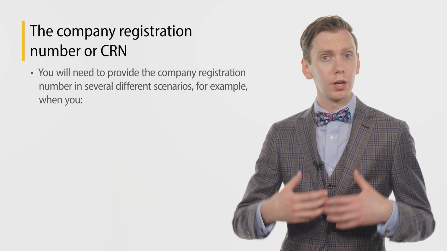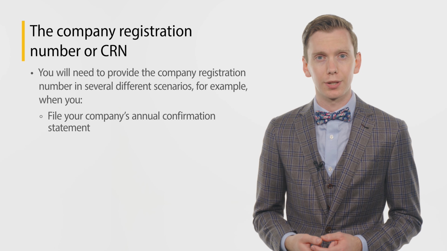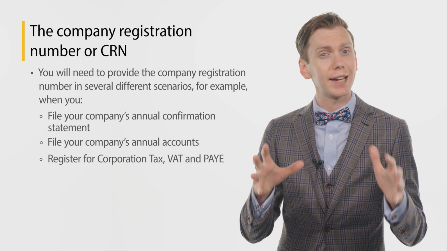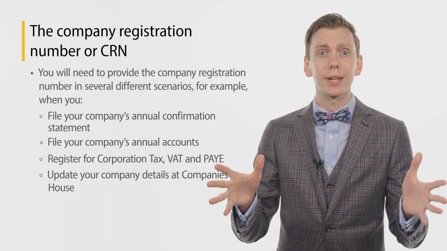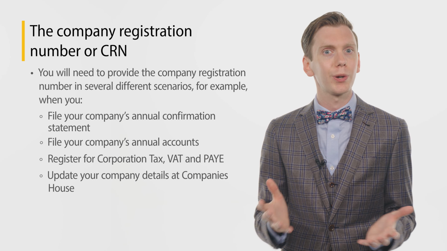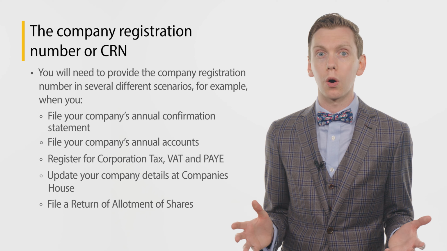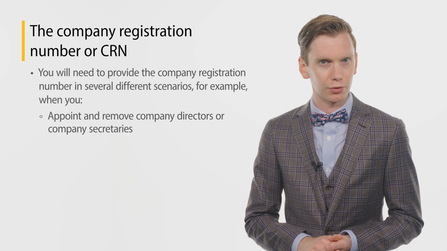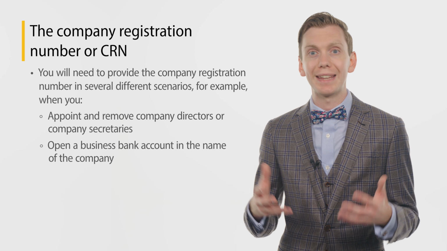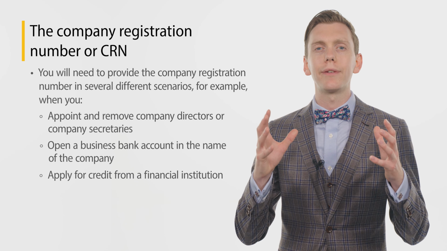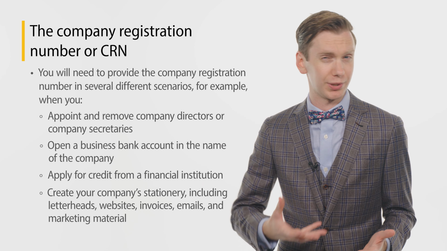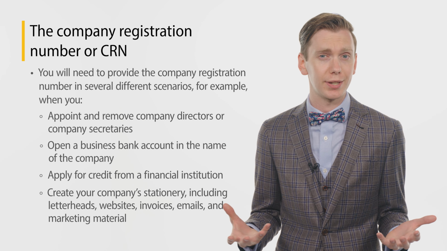For example, when you file your company's annual confirmation statement, file your company's annual accounts, register for corporation tax, VAT and PAYE, update your company details at Companies House, including the registered office address or company name, file a return of allotment of shares, appoint and remove company directors or company secretaries, open a business account in the name of the company, apply for credit from a financial institution, and create your company stationery, including letterheads, websites, invoices, emails, and